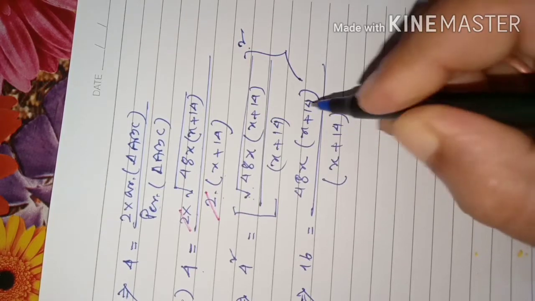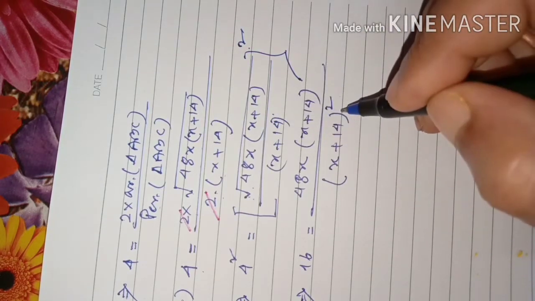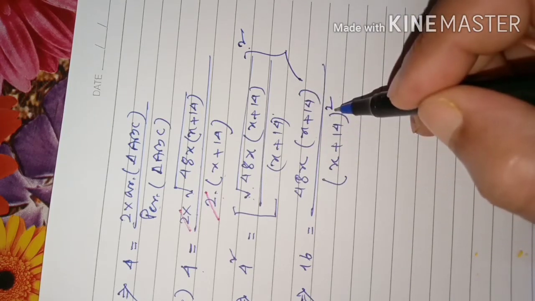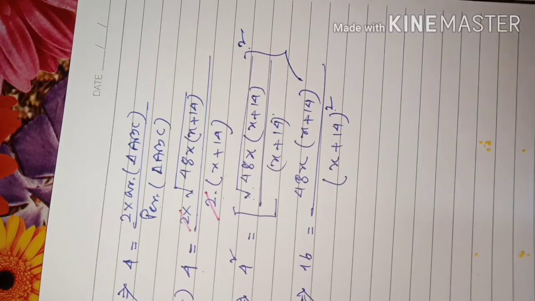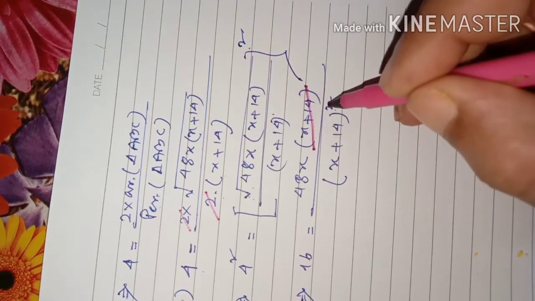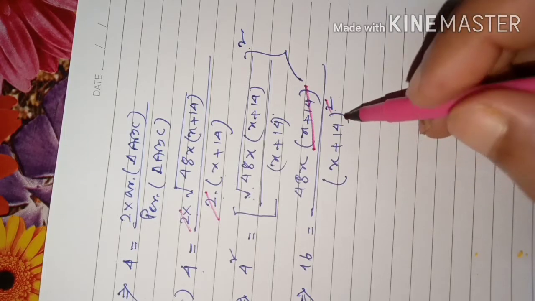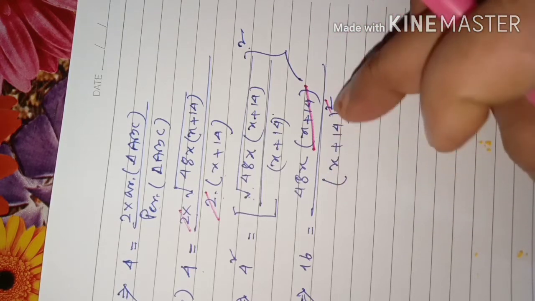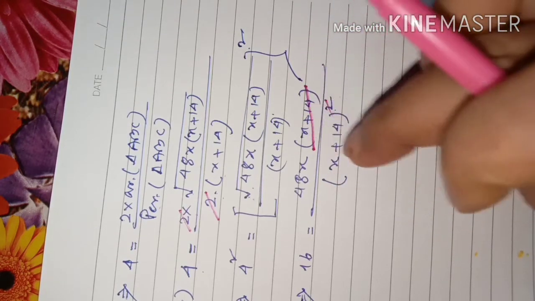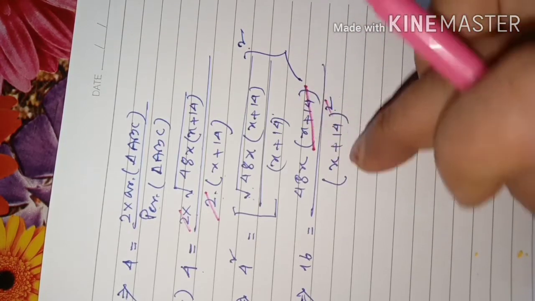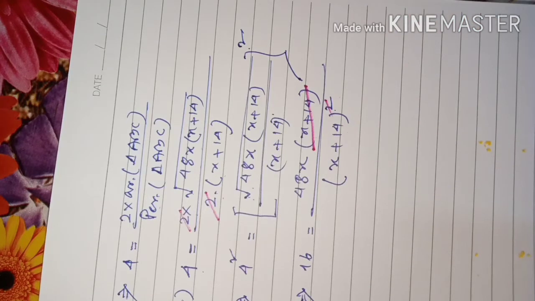It will get a power 2 here. Now x plus 14, and here x plus 14 two times. If one time you cancel with this, because this is a single term and here 2 times it is there, so 2 times from that, one time you cancel the power. We will understand that only one of these 2 is cancelled with this, no? Means here x plus 14 into x plus 14, one x plus 14 is cancelled, another x plus 14 is remaining. That is the meaning of it.